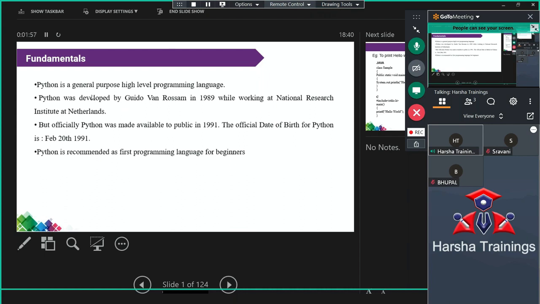So right. See this one, these are the basic things. Python is a general purpose high level programming language. What do you mean by this high level? Generally we have three levels of programming. What are the three levels? Does anyone know? Remember, the three levels of programming are: one is machine level, second one is assembly level, third one is